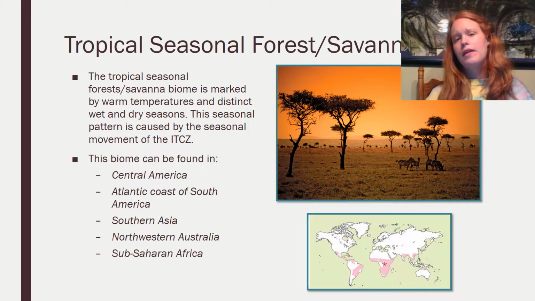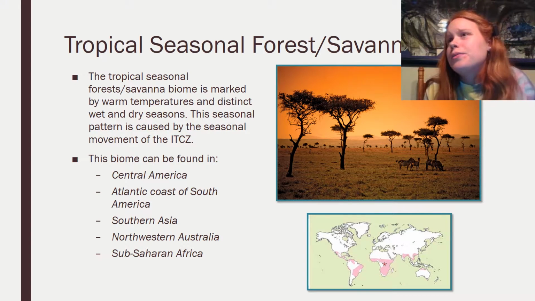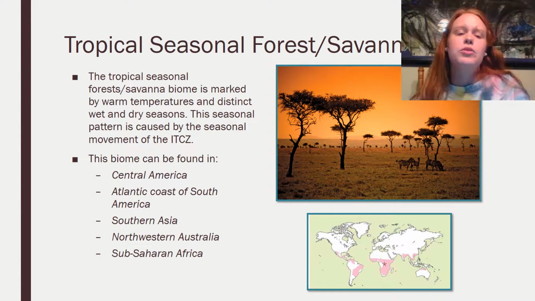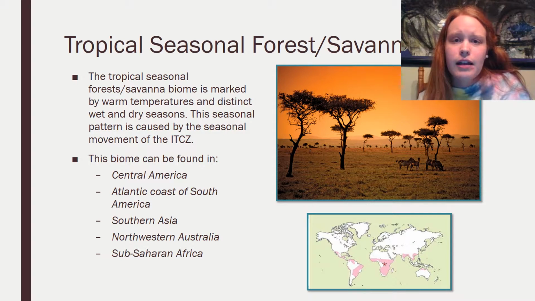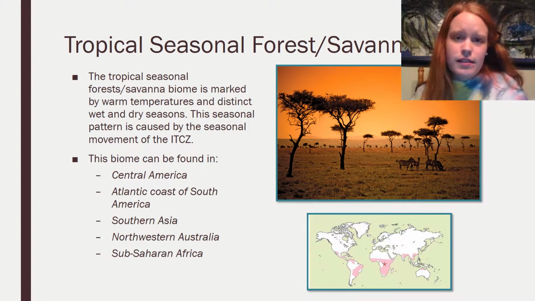And then one other one that we think about a lot, especially being in Africa, that's me. I don't know, maybe I'm weird, but I always think about this, the tropical seasonal forest or savanna being in Africa. And it is the majority of Africa. The rainforest is in Africa as well, like the Congo area. But the savanna is also in South America, as well as parts of Southern Asia, which makes sense. But for some reason, I always think it's Africa. But anyways,